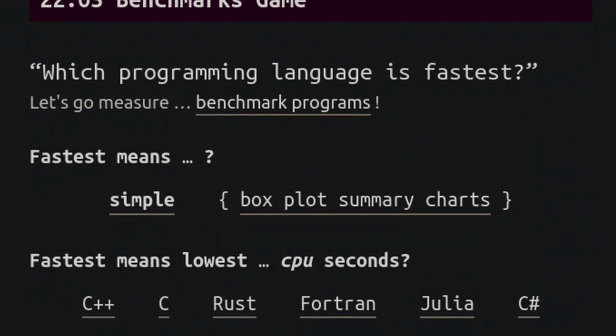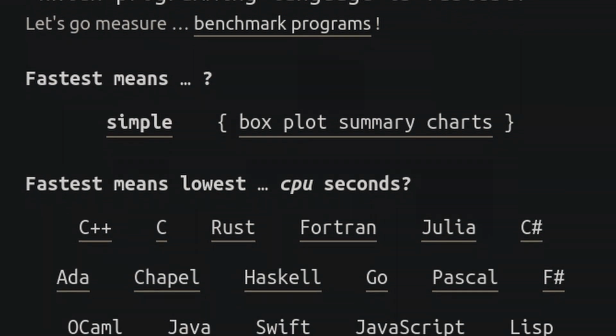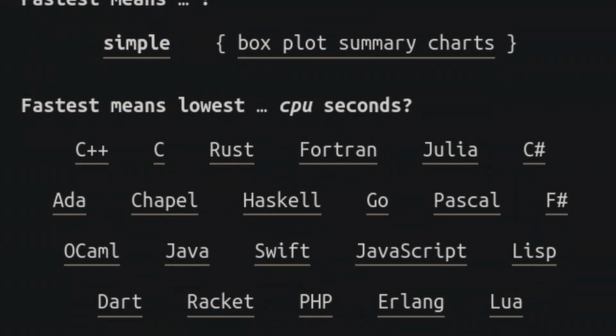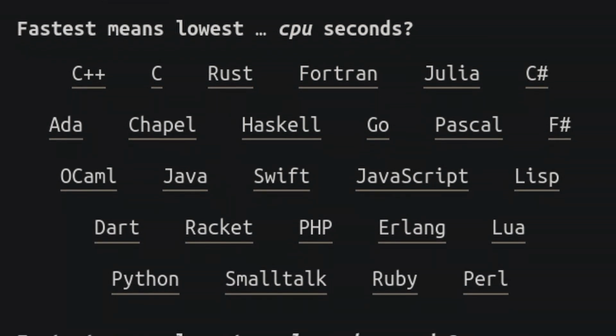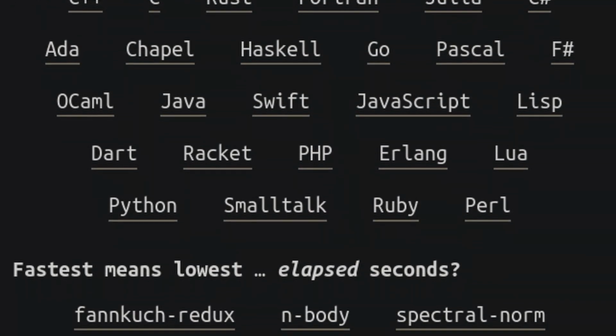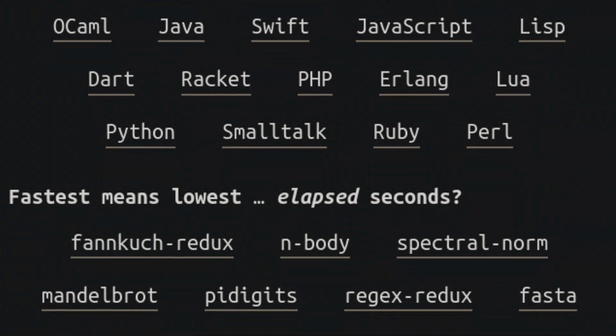And that was a common complaint on Twitter, which is that just looking at the languages is such a simplification of the problem, which is true. And they actually admit that in the paper. So I would not worry too much about that. But the benchmark was based on an online competition called the Computer Language Benchmarks Game. I have the link to that in the description. But they were basically saying that this is not a good way to do it. So the entire paper is invalidated, which is fine.